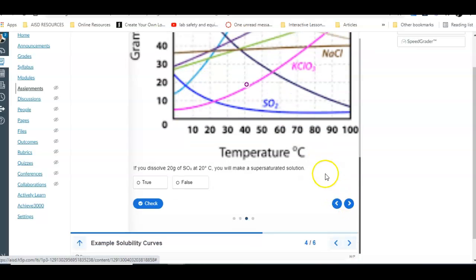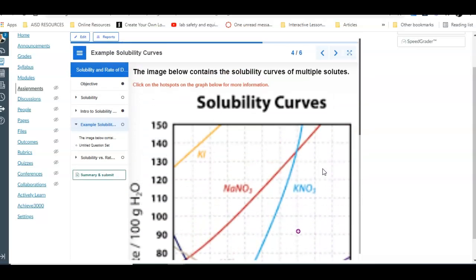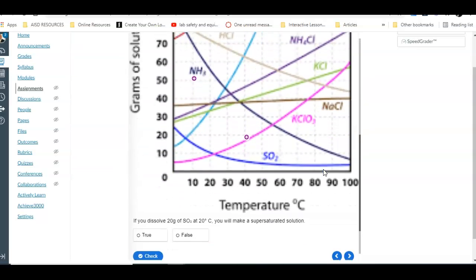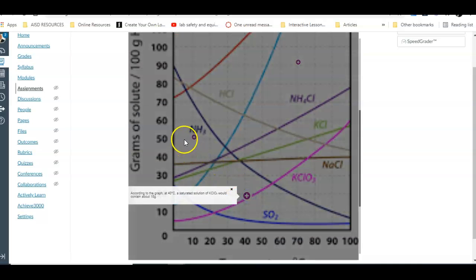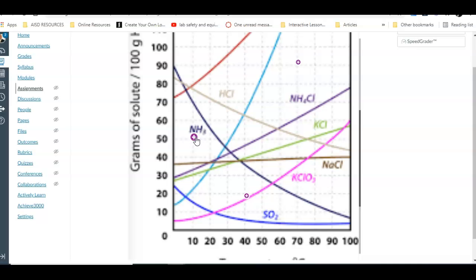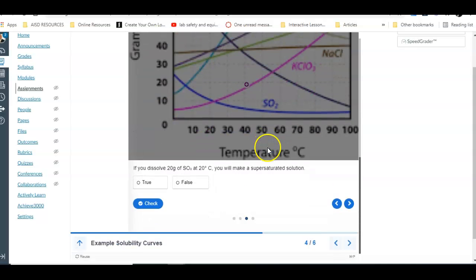And if I click on the last one, page 5 or screen 5, you still have another activity on solubility curve. Make sure you go through each of those hotspots in order to complete the activity right here. And then finally,